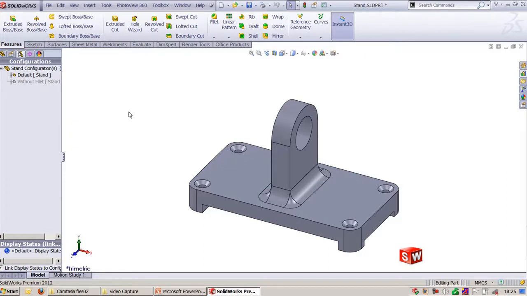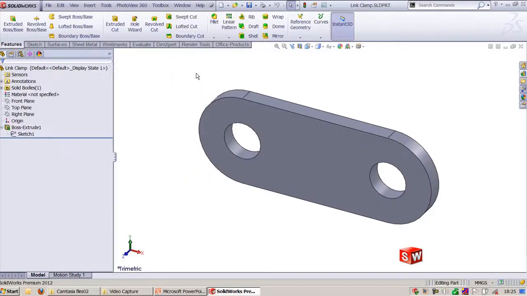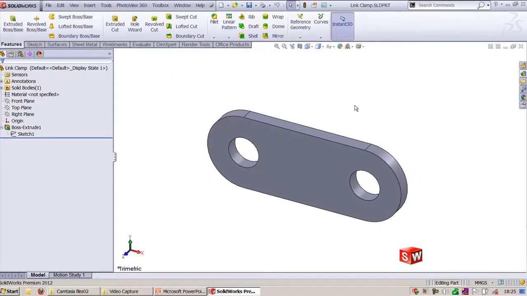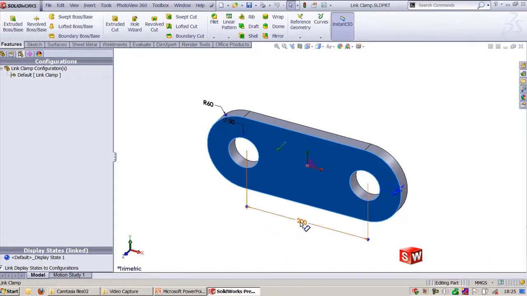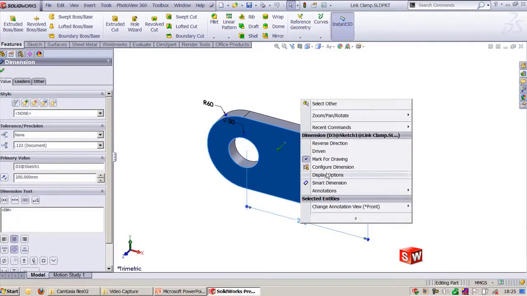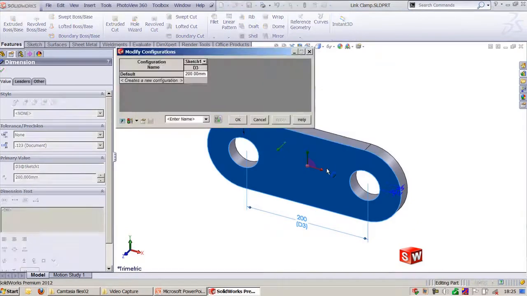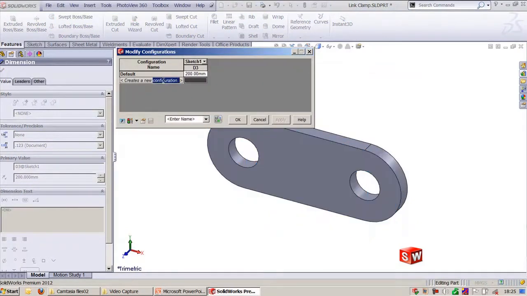And let's see how we can do configuration based on the dimension. Here this is a link clamp. I need to create multiple copies, that is I need to have different variants, the same link clamp but in different sizes. What you can do is go and do once again configurations not required. Select this part, which dimension you want to vary. Select the dimension and go and right click it, go for configure dimension, and here we enter here as